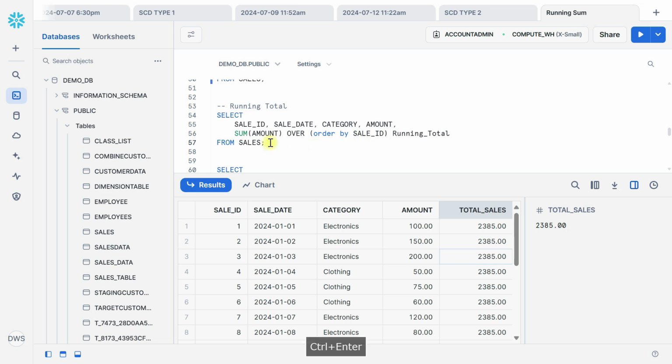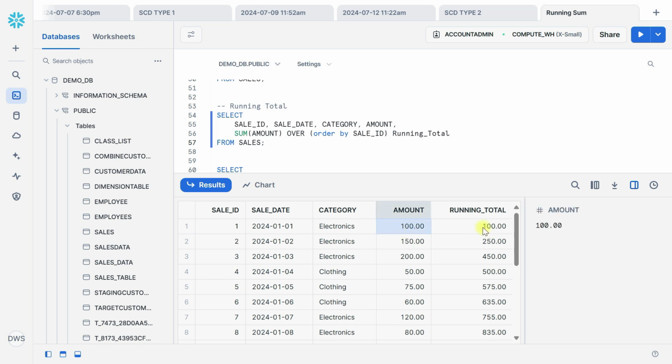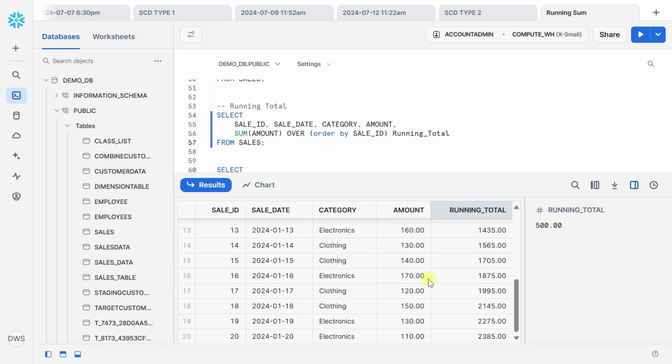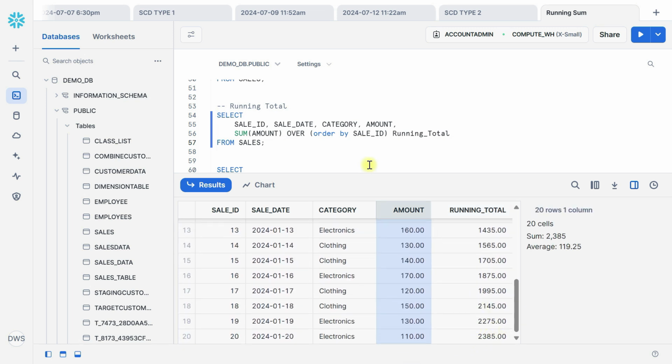If I execute this statement, you can see the running sum: for sales ID 1 it is 100, for sales ID 2 the sum of these is 250, for sales ID 3 the sum of all three records is 450. For sales ID 4 this is the sum of amount of all these four, which is 500, and you can see it alongside. For the last record you can see 2385. So this is the running sum